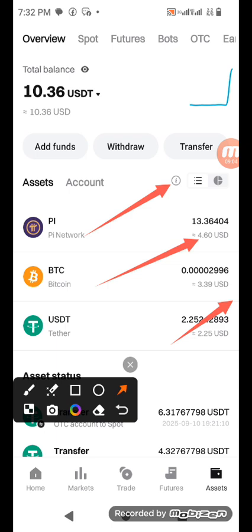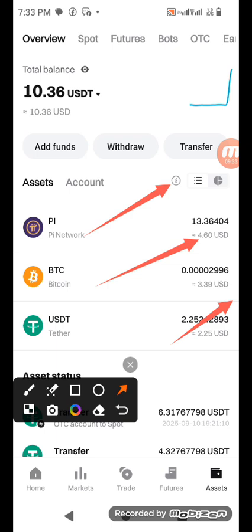So as a beginner, you can do it. You don't need an expert. Once you learn it, with a little money you have, you can say, let me try this kind of trading. But where expertise comes in is knowing a coin that you can trade and make money with. I am just assuming that Pi will still go up in price. I buy it at this price, hoping that if tomorrow it goes to 0.5, I've made a profit. Or if tomorrow something happens and it goes back to $1, it's a very huge profit.